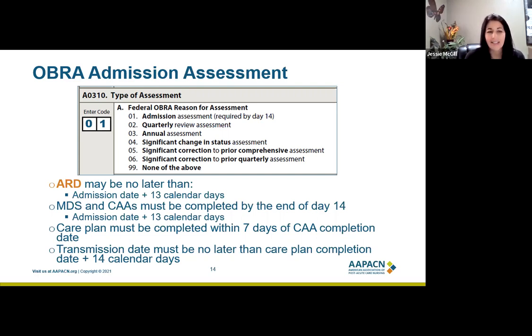And that's not entirely true. So where that comes from is if you complete your CAA on day 14, and you have an additional 7 days to complete your care plan, that would equal day 21. However, if you complete your MDS and CAA early, let's say you sign the CAA complete as of day 12,